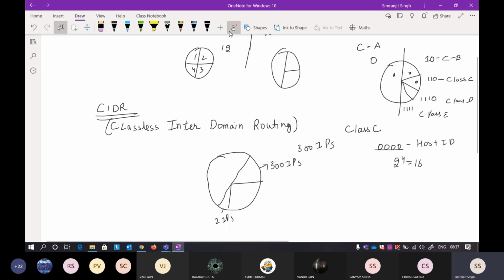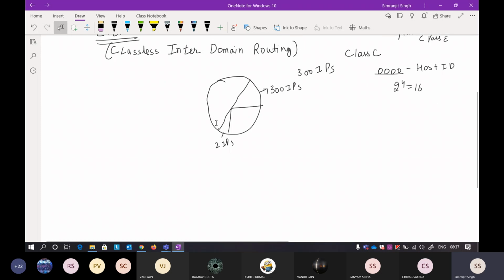For that, you now have to give up the traditional approach that you already know: that in class A there is something attached to the network ID and something called the host ID. If you remember, in class A the network ID is 8 bits and the host ID is 24 bits. Similarly for class B and class C, some part is denoted to the network ID and some part to the host ID. So you just have to give up that idea.